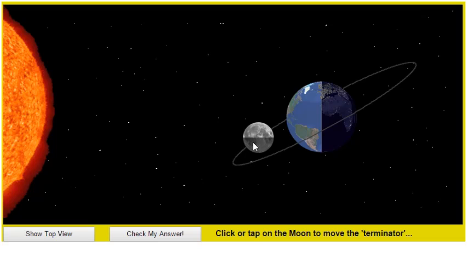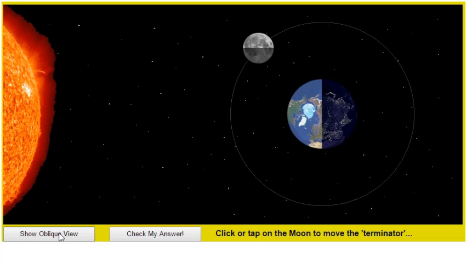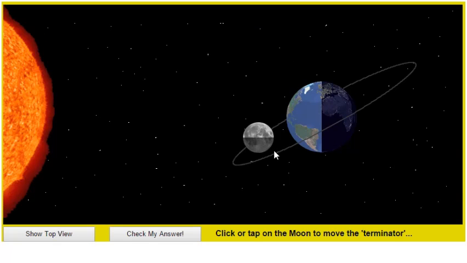Now, one thing you should know is you can look at this setup. There's the sun, there's the moon, there's the earth, either in kind of side view or top view. And the only reason why you really want to use the side view is just to emphasize the fact that the earth goes around the sun on a certain plane, and the moon goes around the earth on a plane, and the moon's plane around the earth is different than the earth's plane around the sun. And that's the reason why we don't have eclipses every month.